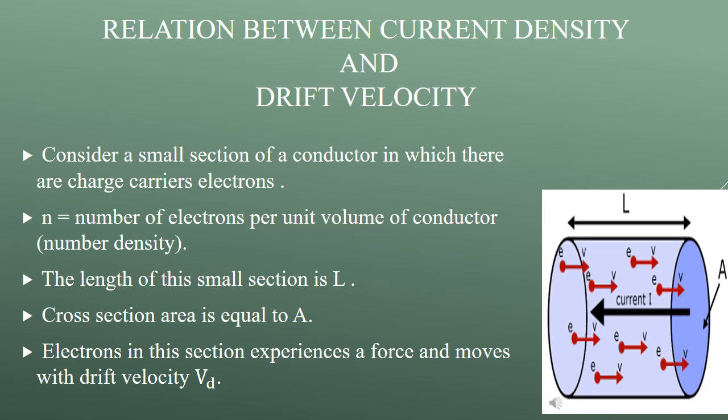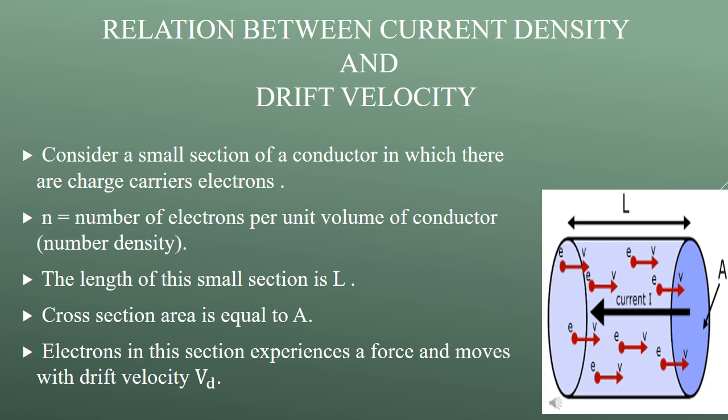Now let's start with the topic, which is the relation between current density and drift velocity. We will derive the relation between current density, electric current and drift velocity. We know what electric current is. The charge passing through a cross section in time t, so in 1 second the charge passing is I equals q upon t, and that is the measurement of electric current. This is our fundamental relation. Now we have to change this relationship into the expression of drift velocity.